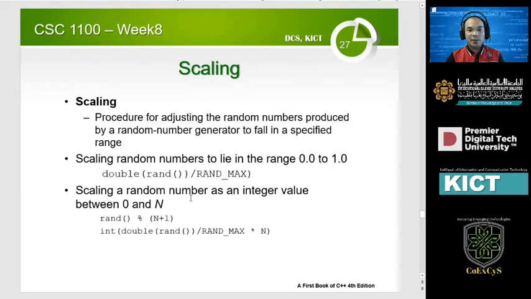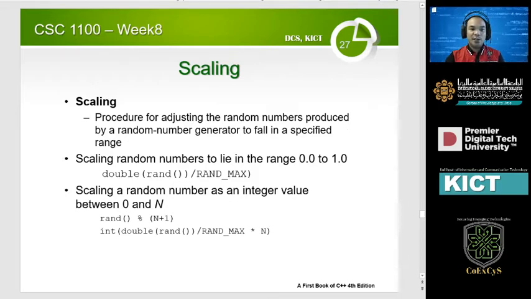So scaling: what you have seen earlier is basically trying to scale a random number generator to some values. Scaling is basically a procedure for adjusting the random number produced to fall into a specific range.